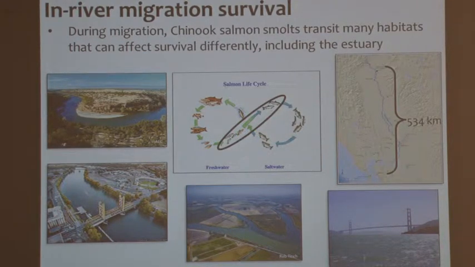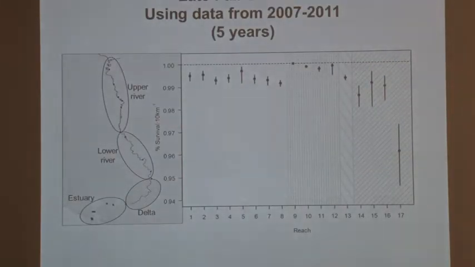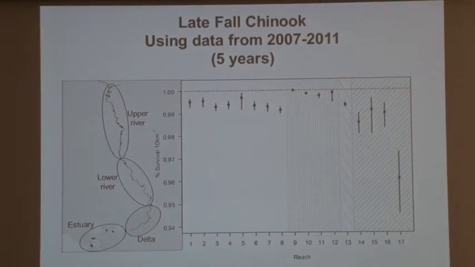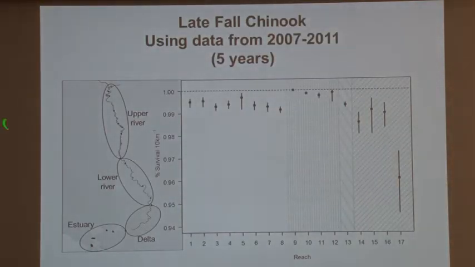I think everybody here knows about the migrations and the development of these animals. So looking over the 5 years of the late fall run Chinook salmon at survival rates that have been normalized to 10-kilometer reaches, and they're arranged from the wrong button. Uh-oh. That wasn't so bad. The upper river is in white here, and the lower river then, which is basically below Red Bluff, where the channel morphology changes and it becomes more modified channel banks, in the dashed, the Delta in the broad hatching, and the bay in the closer hatching.